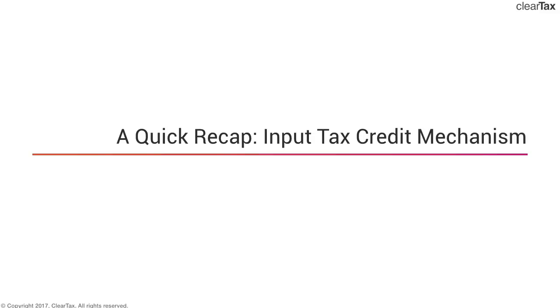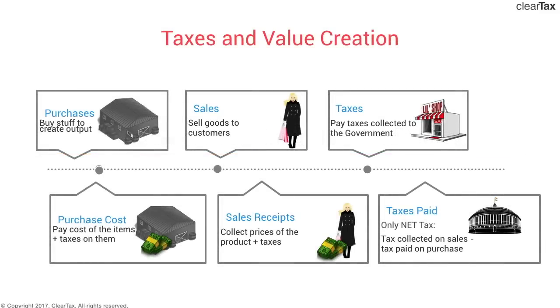Let's quickly recap how the input tax credit mechanism works, the connection between taxes and value creation. The first step would be purchases, inward supply, where our valet shop buys goods from the wholesaler to be used in value creation, to be used directly in the output. On these purchases, the taxpayer incurs a purchase cost, which includes not only the cost of the items purchased but also taxes on them. He makes sales of all these goods to his customers and collects the price of the